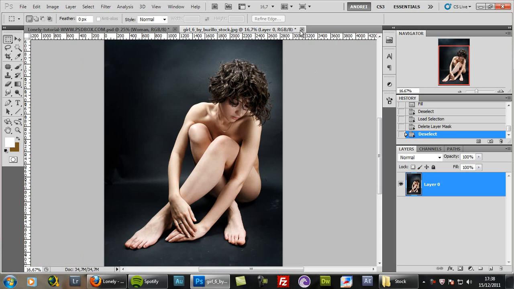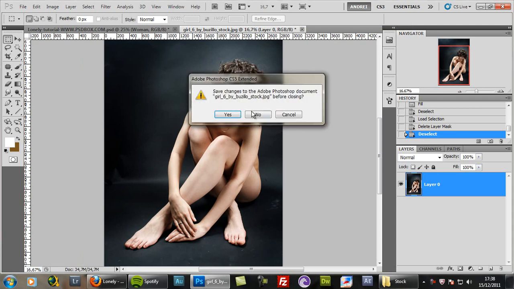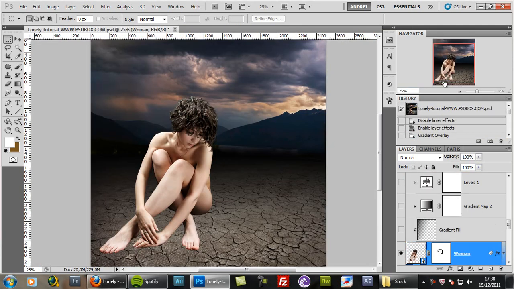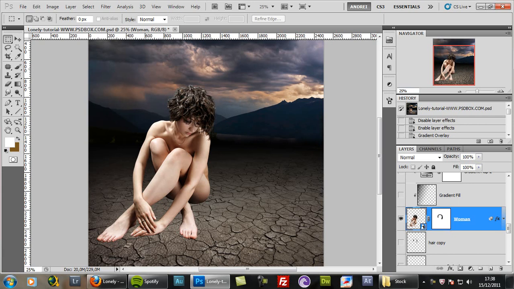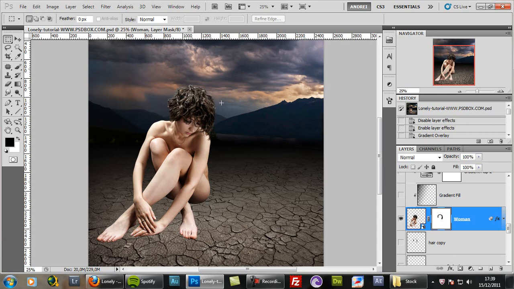Once you have the woman extracted from the background, just go ahead and paste it over your canvas and scale it down. As you can see, I turned this into a smart object, and I also have some effects which right now are disabled, but I'll show you what effects I have there. And I also have this mask here because